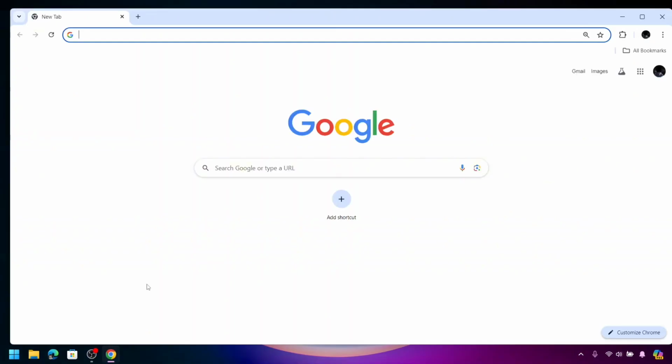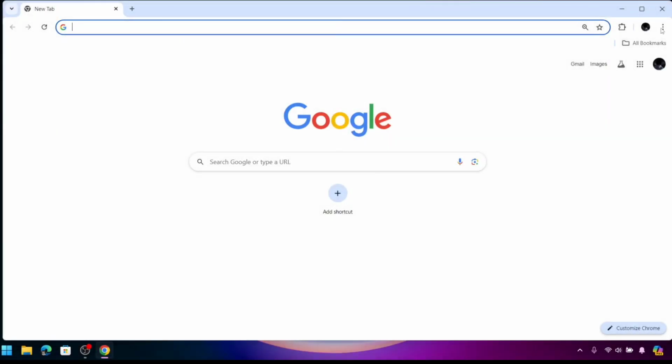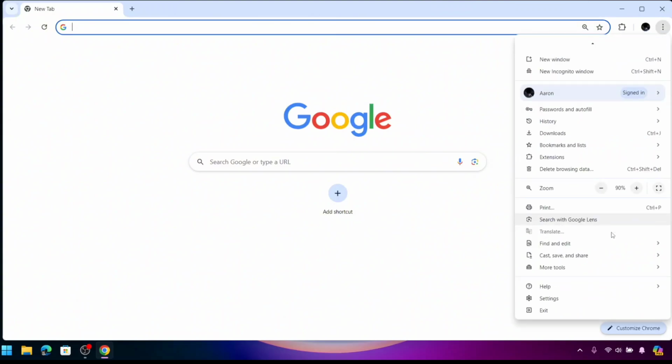After loading Google Chrome, you will notice three dots in the top right corner of the screen. Click on these three dots and scroll a little, and there you will see the settings icon. Click on the settings icon,